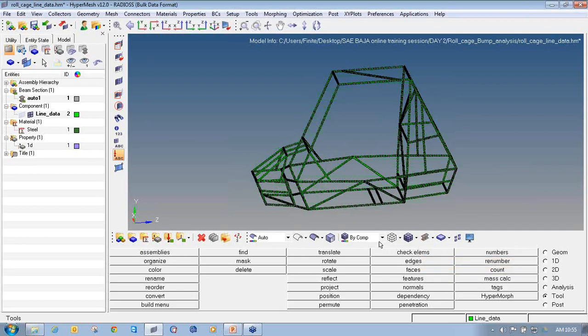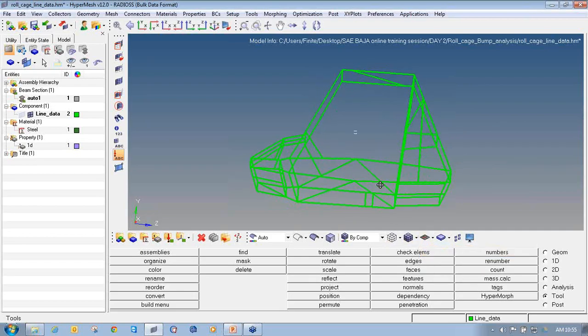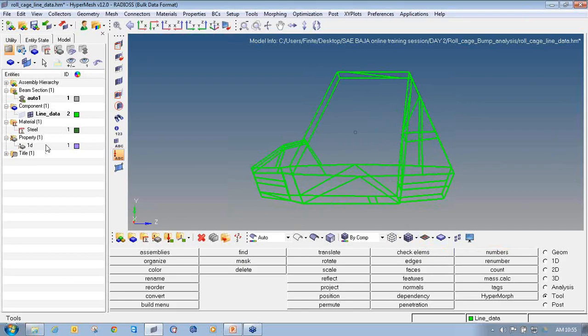Now I'll just cross check whether these elements are assigned the proper material and property or not. To check this, you can go through the color representation. If you change the color representation through material, it should show the color of material. If you check the element colors through property, it should show the property color.